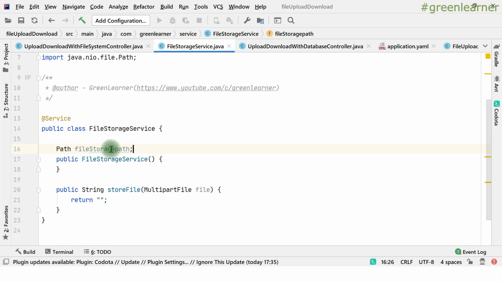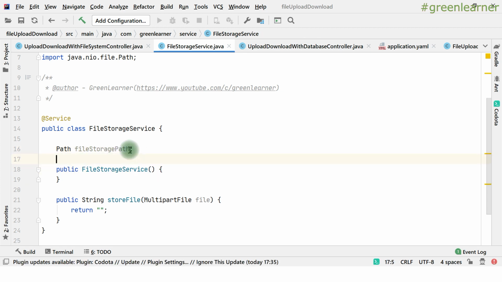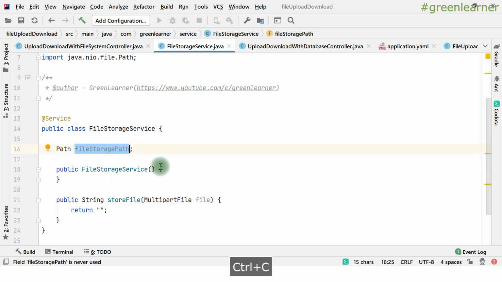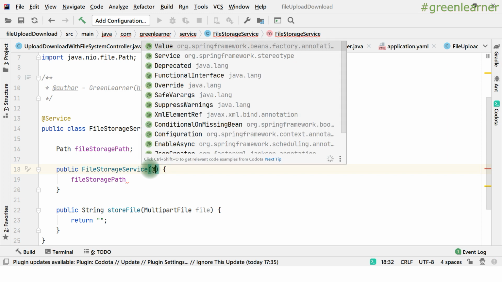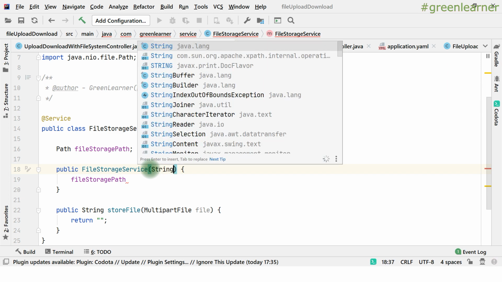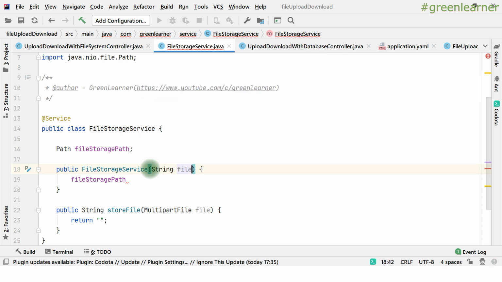So we are naming it file storage path, right? And this file storage path we are going to initialize in this one, right? And this location I want to get here. So I want a string file storage location.